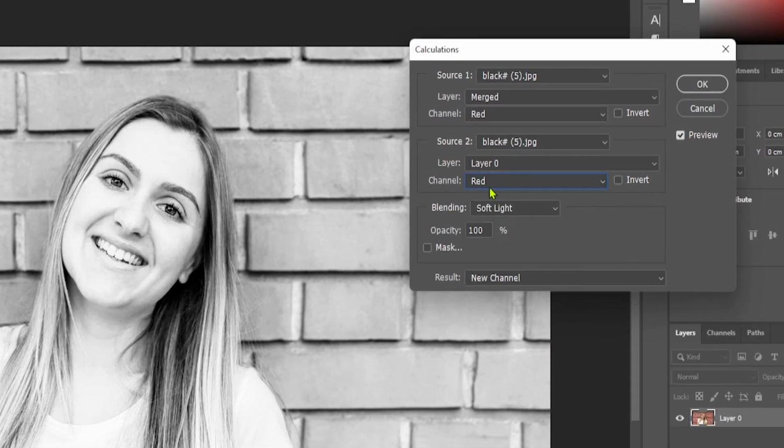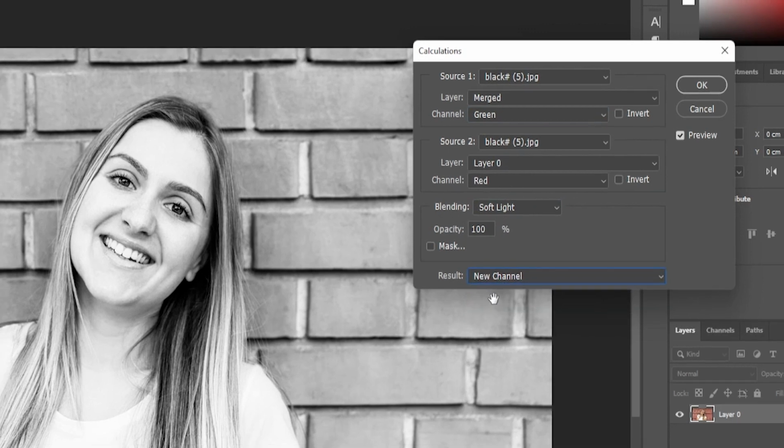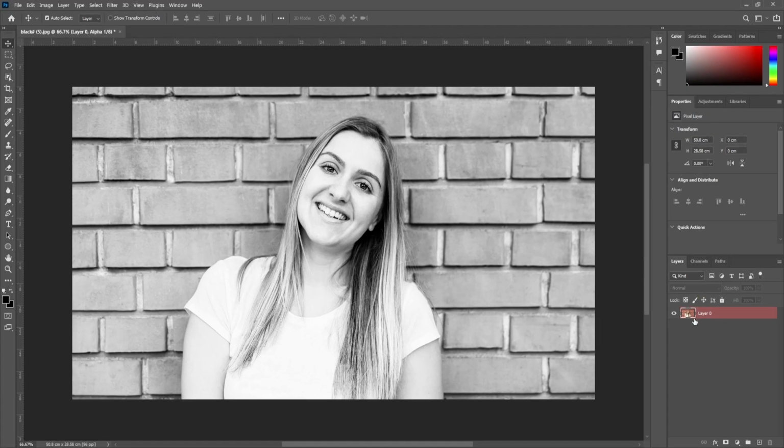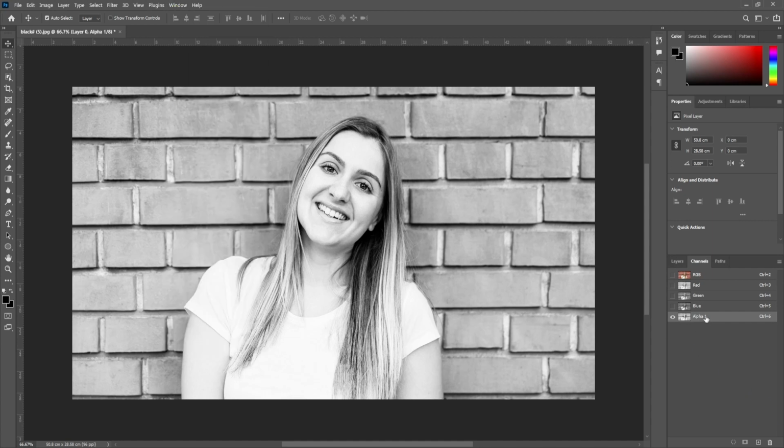The next thing you should play around with are the channel drop-downs. For the ease, you'll have to actually select the option to see how it looks on your image. Once you're happy with how your black and white looks, click the result drop-down and make sure it's set to new channel. For this next step, you'll need the channels panel, so if you're missing it, go up to Window and select Channels. Once you have the channels open and only the alpha channel selected, use the Control-A keyboard shortcut